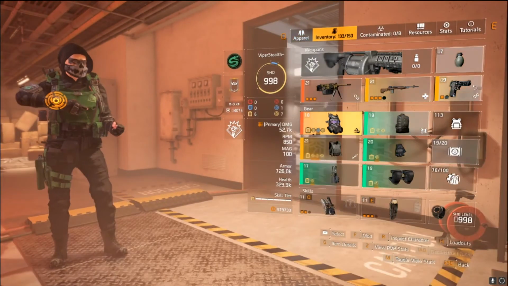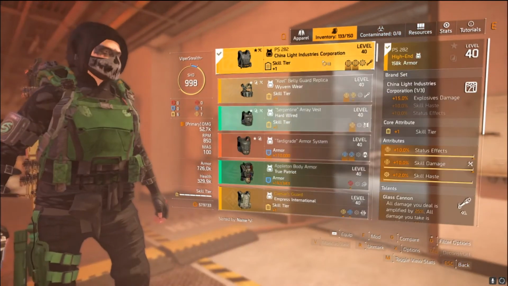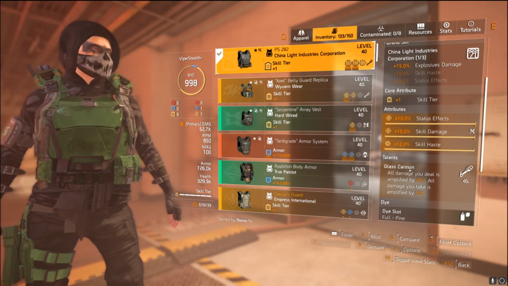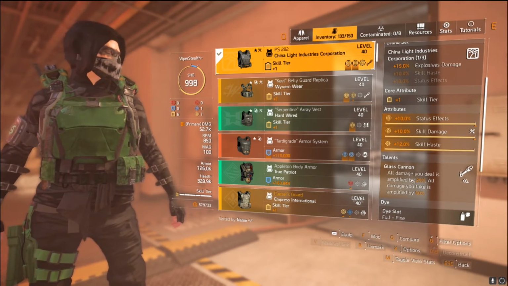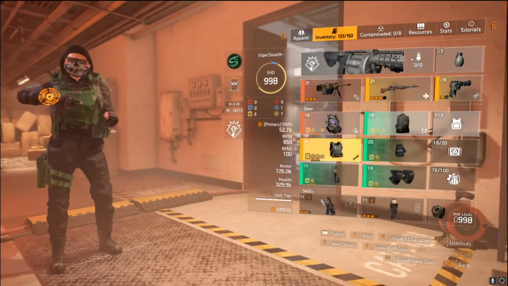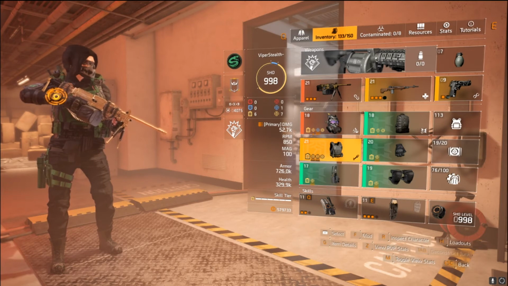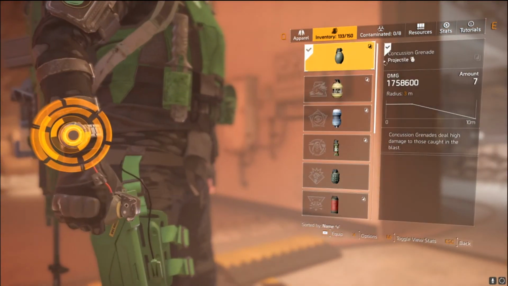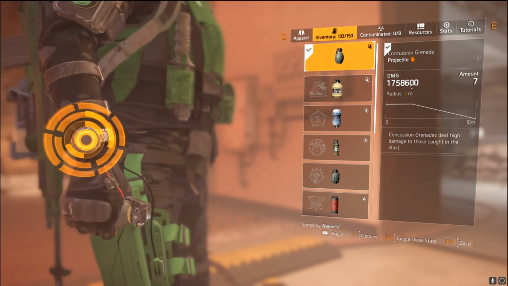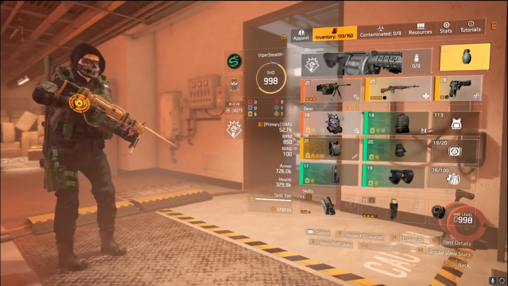Well, what I've done there is I've increased my concussion grenade damage by having China Light as my gear piece here. It gives me 15% extra explosives damage, and I've also got glass cannon. All damage you deal is amplified by 25%, so that's increasing my concussion grenade damage. And on top of that, the demolitionist specialization is also giving me 25% more explosive damage. Now my grenade, just on its own, hits 1.75 million. So that's just a concussion grenade, and the higher up you get this, the more damage your mask is going